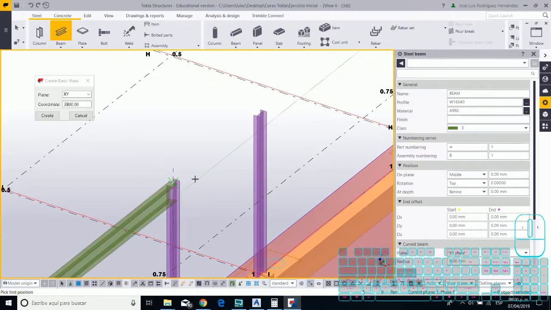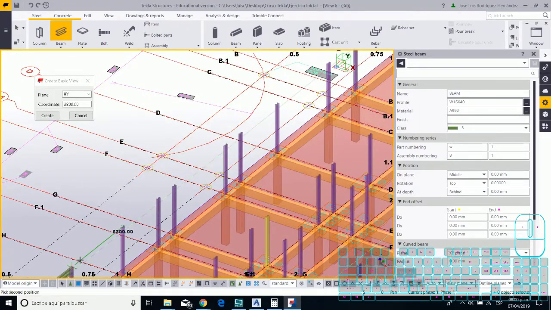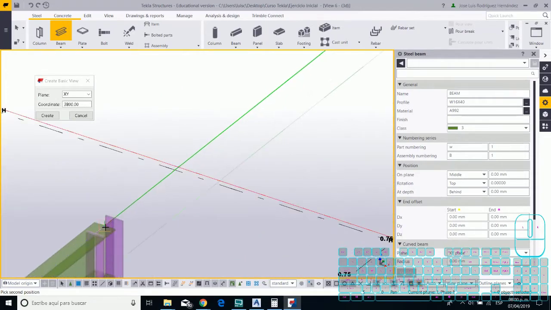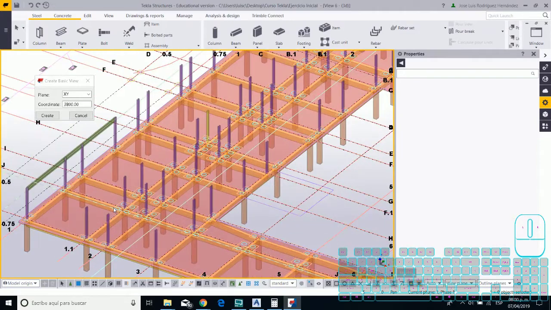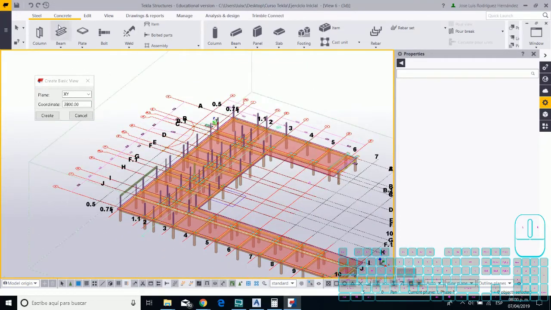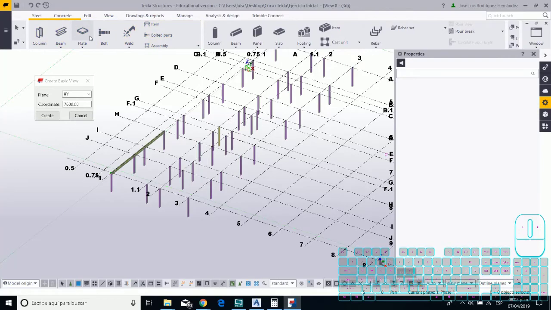You need to click first and the second, and you need to repeat all this particular modeling with all these particular steel framing. It's really easy. And another thing that I want to create is a new particular view